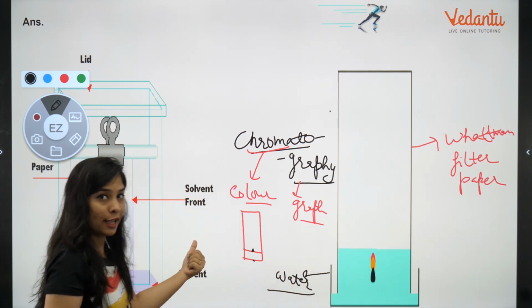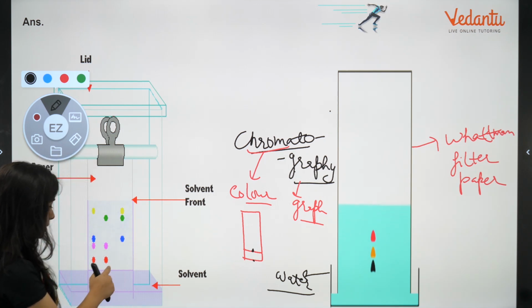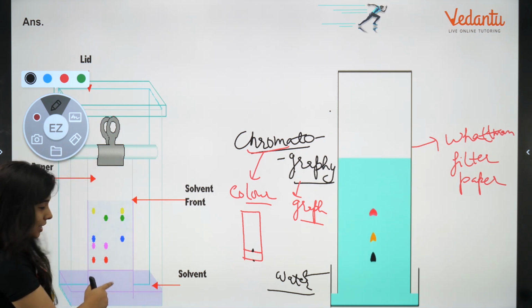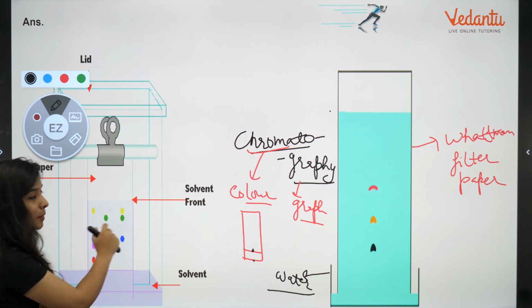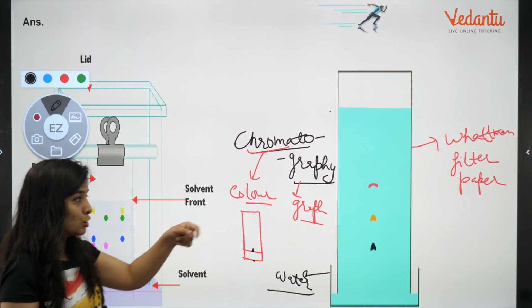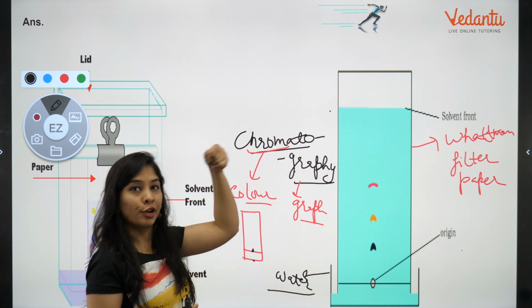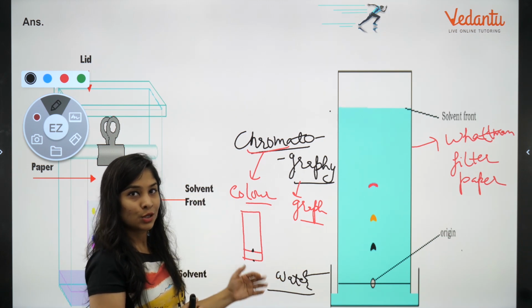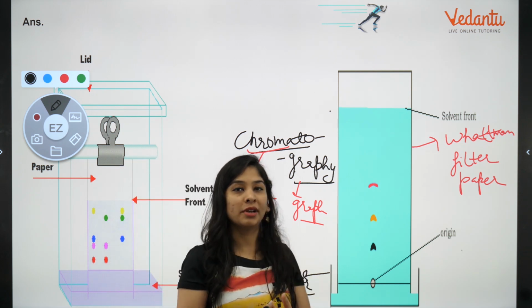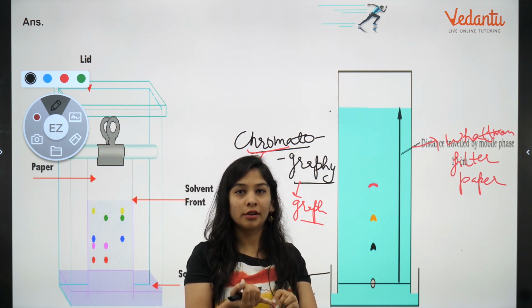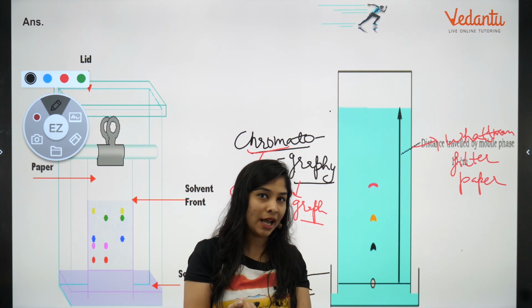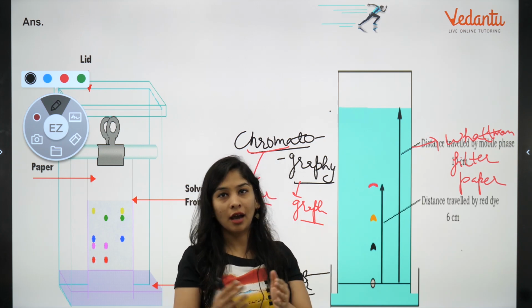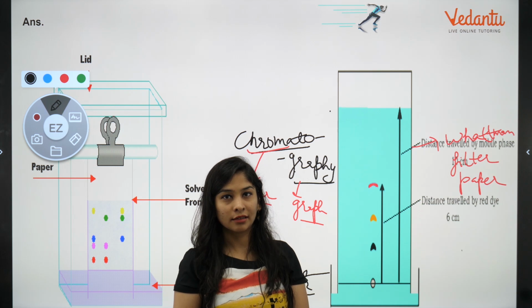ठीक है, better sake of convenience I have taken this picture also. So if you have taken any solvent, just dip it, different colored pigments you can see on your paper. So when you see it, just remove it, dry it, your chromatograph is ready. Okay, so this is the way you can separate components of colored components of flower extract also, and dye के color भी तुम impart कर सकते हो.